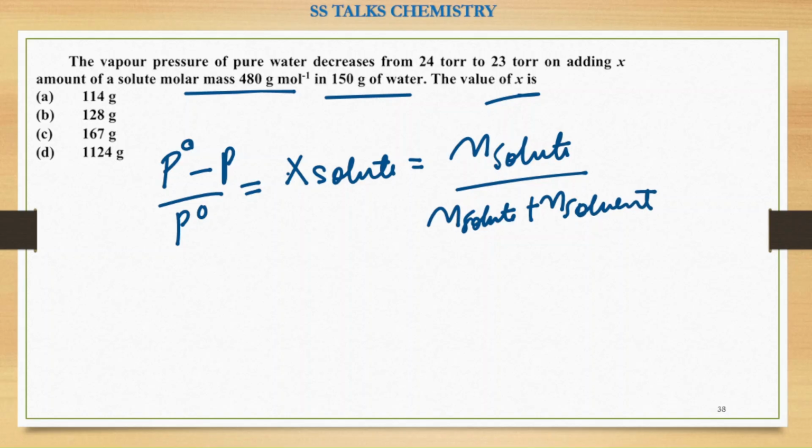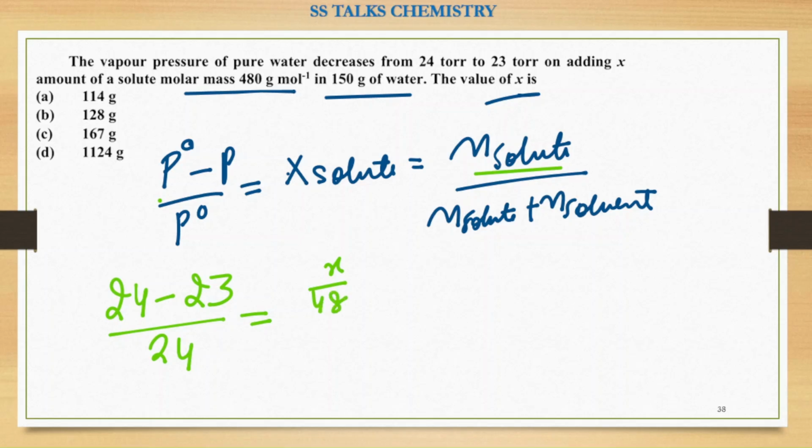Alright, just substitute the values. The initial pressure of the water is 24 torr. After adding the non-volatile solute, it has reduced to 23. Upon the 24, this is equal to the number of moles of solute, which is given weight upon molecular weight. Given weight we have to find out. The molecular weight is 480 grams per mole in the denominator, also x upon 480 plus, for the